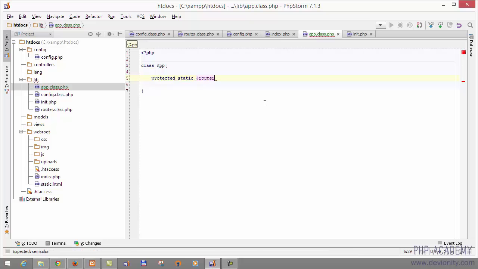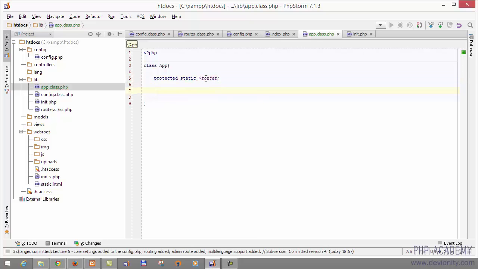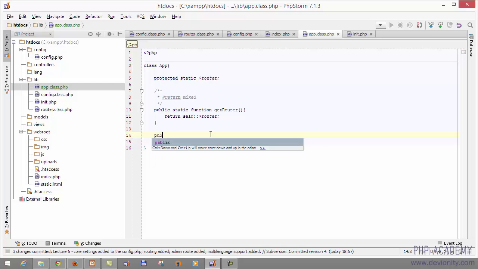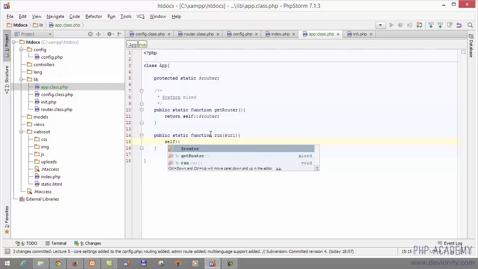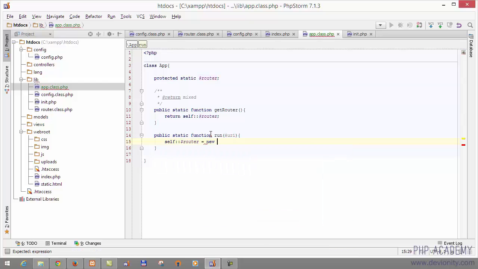In this class, we add static router attribute in order to work with router object. We also add getter for this attribute in order to get object. This attribute is static since we need only one router in the application. Then we create static public run method, which is responsible for the processing of requests to application. It receives URI as a parameter. This parameter is used for creating router object. The access to it may be received with the help of router attribute of the app class. According to this, we may get router object from any place of the application code just calling getRouter method of